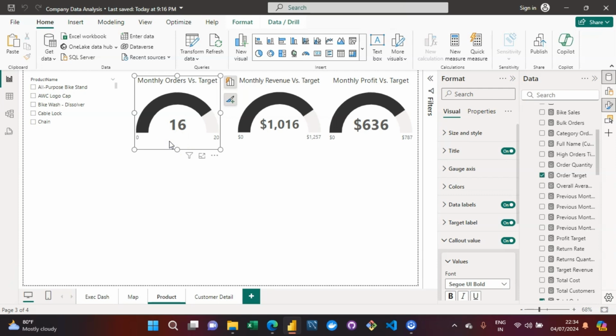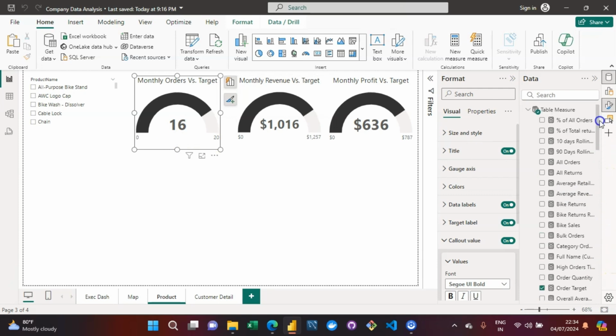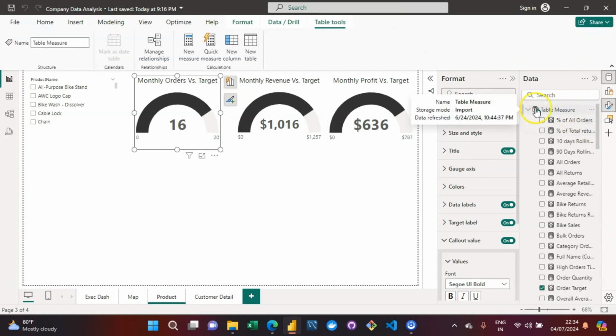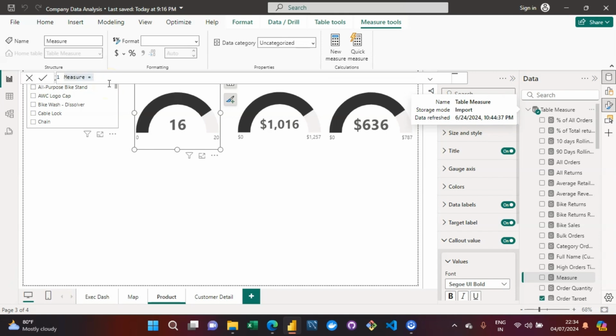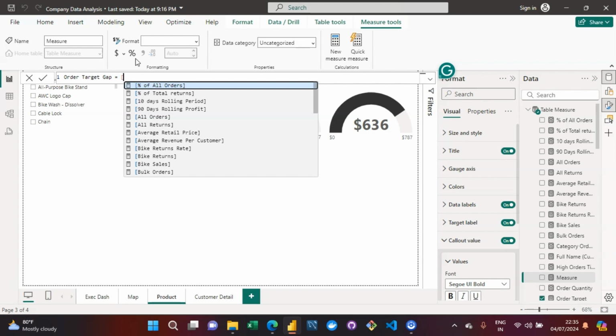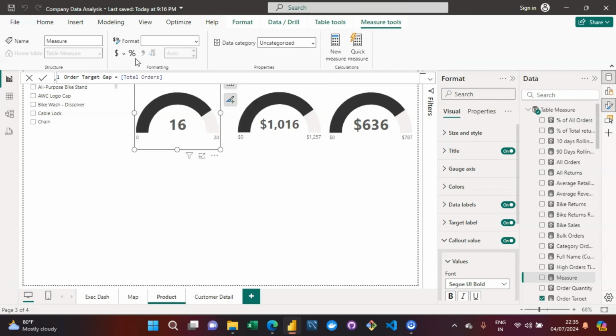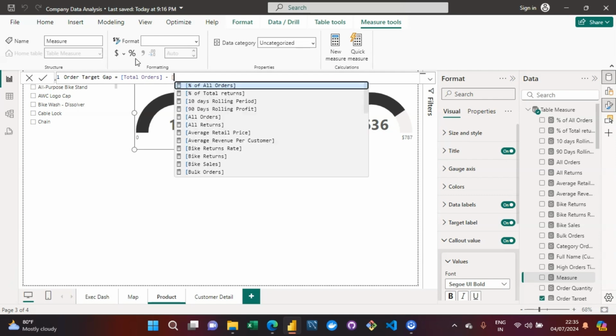Okay, so let us move forward with creating this new measurement which will help us come up with this positive and negative value. Into my table measure itself, I'm going to create a new measurement, which will represent the order target gap. Okay, so you can create a new measurement over here as order target gap. And this order target gap should be total orders minus target orders,